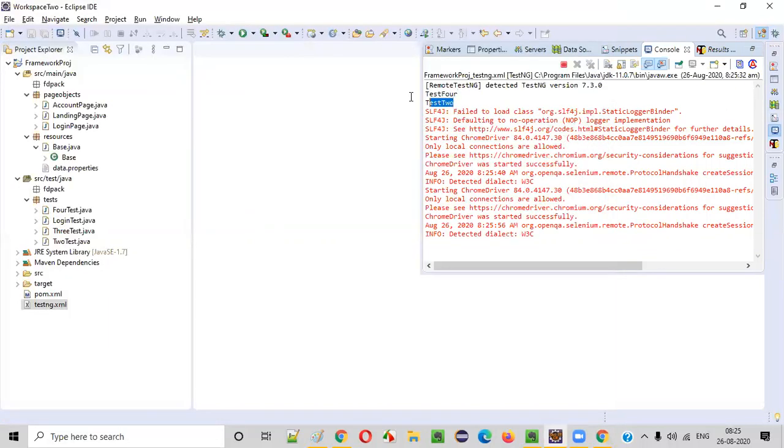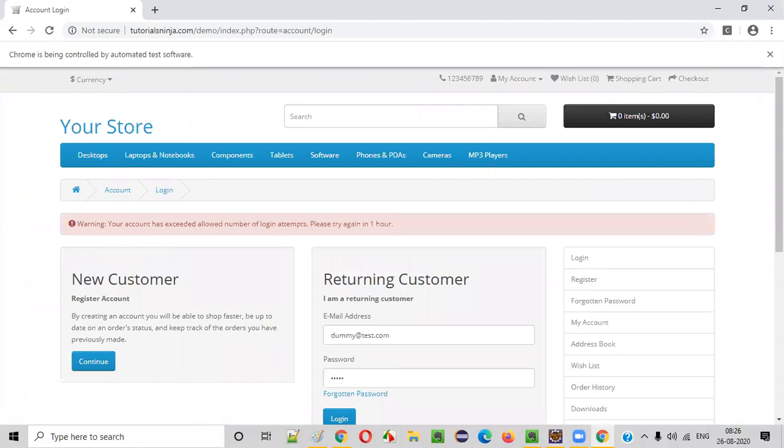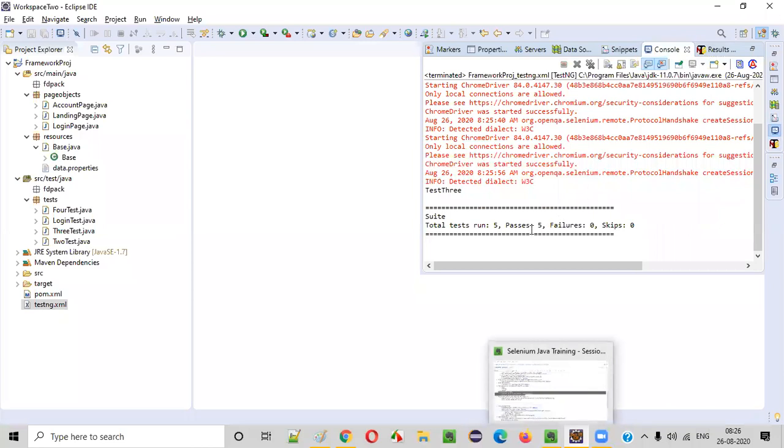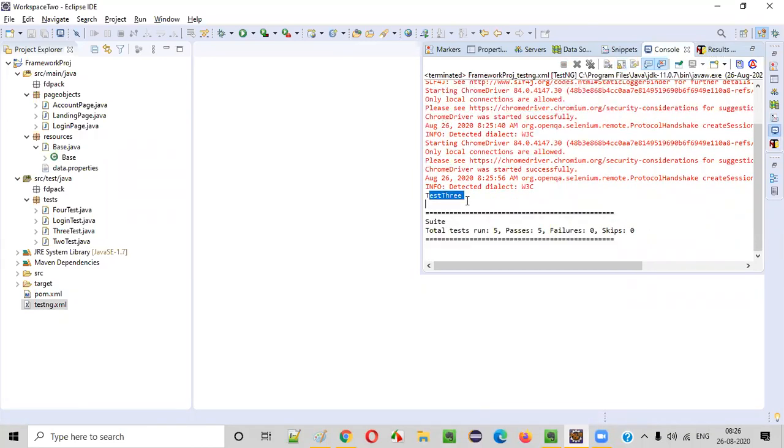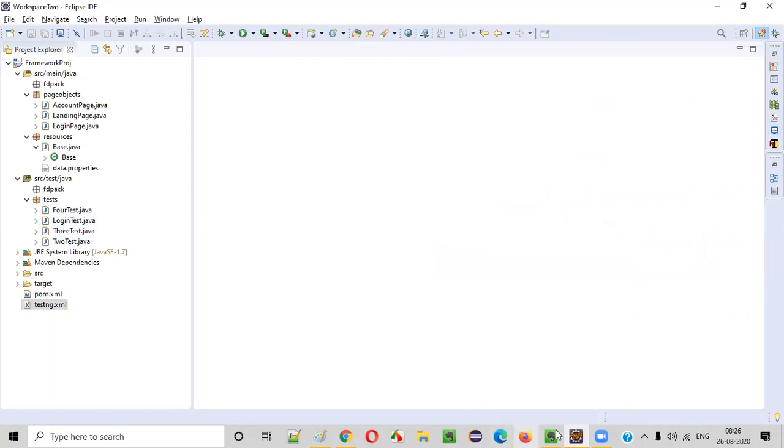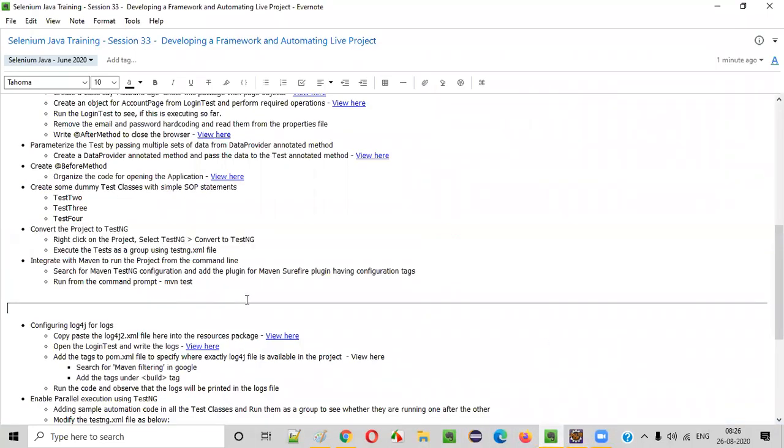From this output you can see that test 2 is already run, test 4 is already executed. Now the login test is getting executed, which will not print anything into the output, but it will verify the things. It will close after 10 seconds for invalid credentials. Yeah, done. You see 5 methods. So you see test 3 also ran. So all the test cases ran together as a group using the testng.xml file.